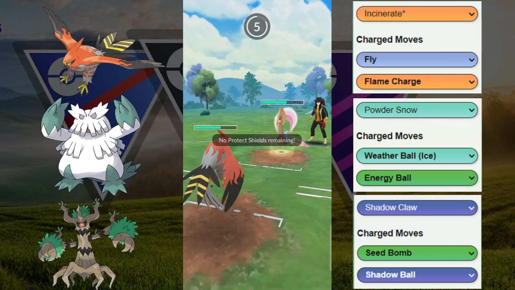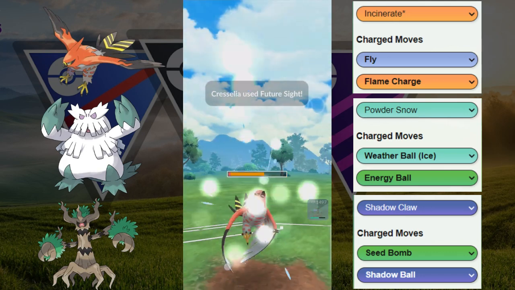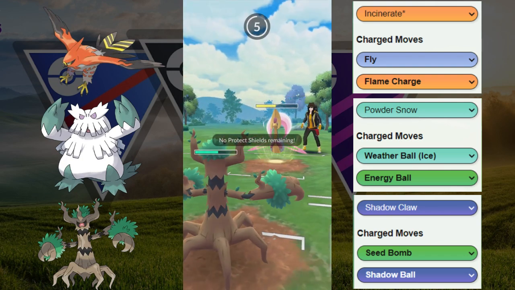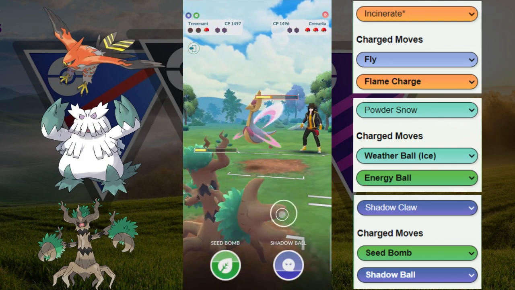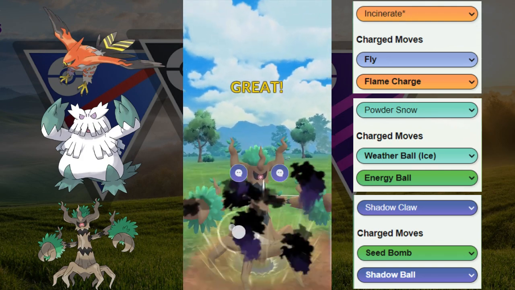All right, we do catch a move on the Talonflame. Is this the Moonblast or the Future Sight? Ooh, they are running the Future Sight, so that is going to allow them to get some extra energy, and that gives them a little bit more play against our Trevenant. So our opponent here does throw a move, ends up being the Grass Knot. Grass Knot is not enough energy to take out our Trevenant. We're going to be able to get to a Shadow Ball right here to take out this Cresselia,